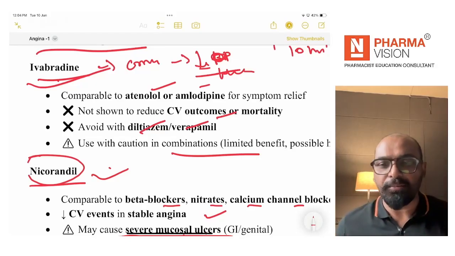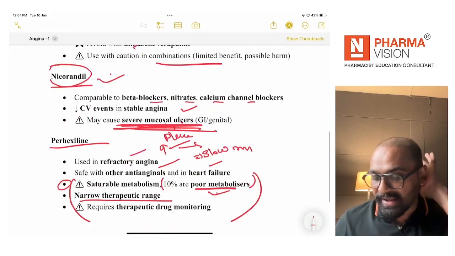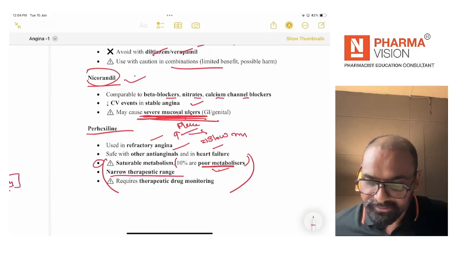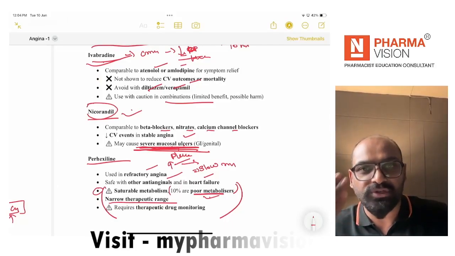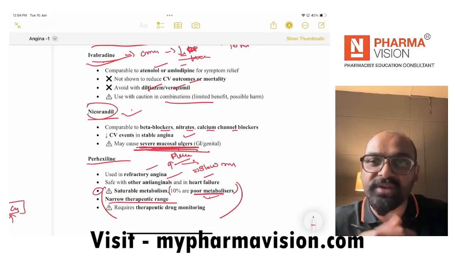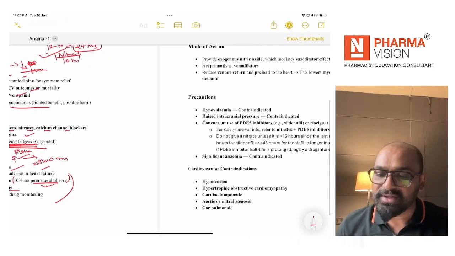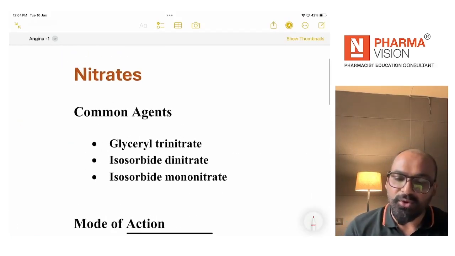So if you keep in mind only one critical point about each of the other anti-anginal medications, you will be okay, because the examiner is going to ask you questions from the most important point about that medication. You as a pharmacist must remember and understand that concept. Okay, let's jump into